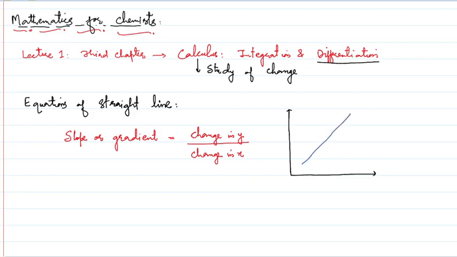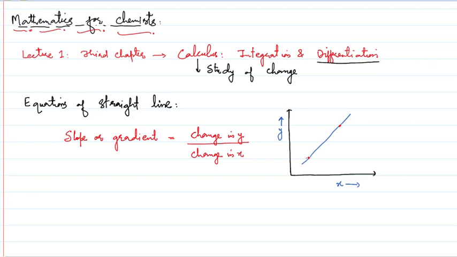Suppose this is the straight line graph and this is the y axis, this is the x axis. How to find the slope from this straight line? What you will do, आप कहीं से भी दो पॉइंट्स लीजिए. Suppose I am taking one point here. In a straight line, the slope will be the same everywhere. Please remember this. Suppose I am taking these 2 points. This is point number 1 and this is point number 2.